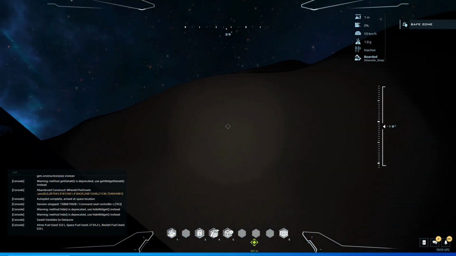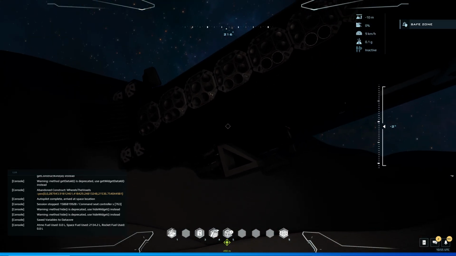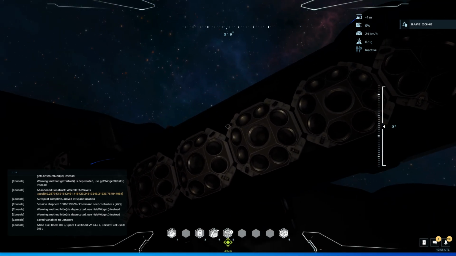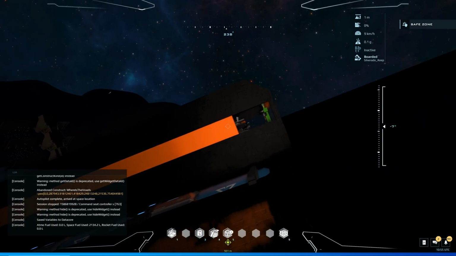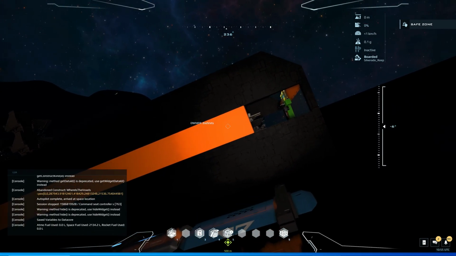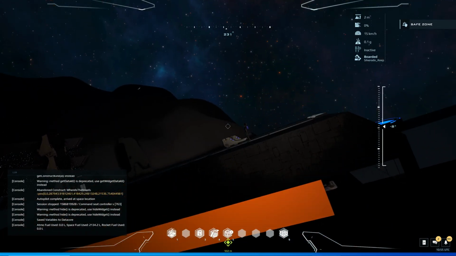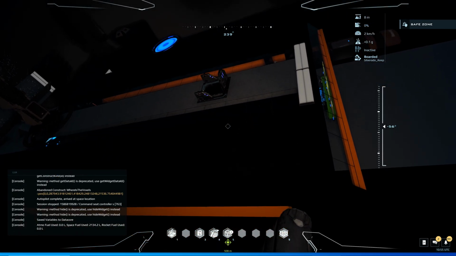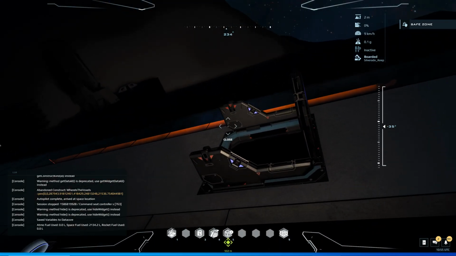Alright, so one of the things I want to show you is that, oh, hold on, we got to get back to the ship. You can actually take off from this planet if you're not careful. And let's hit J. No, that's not going to work. Okay, so when you get up into space, if you happen to jump off the asteroid, you have to use